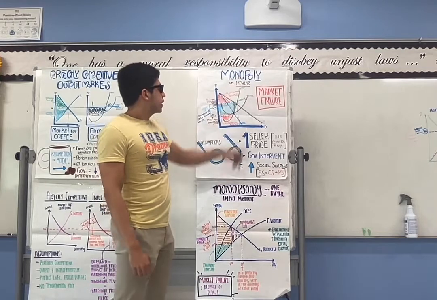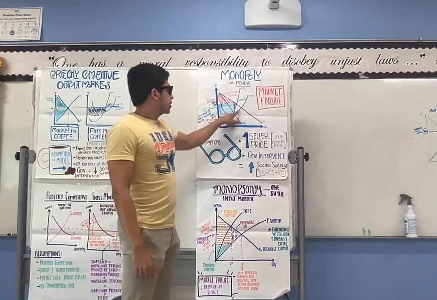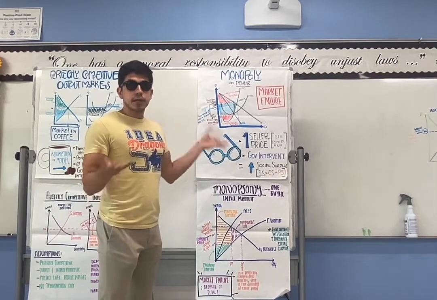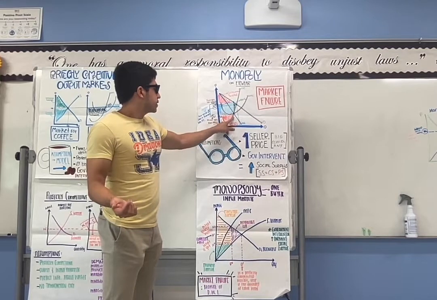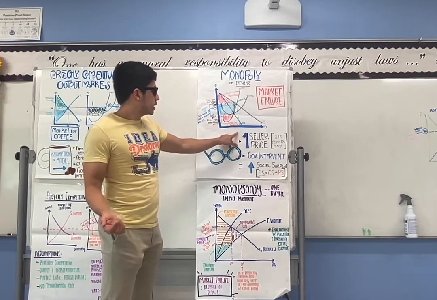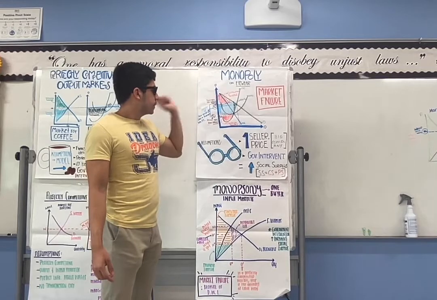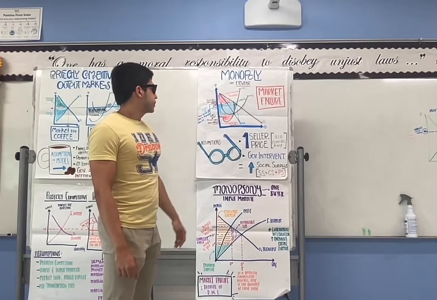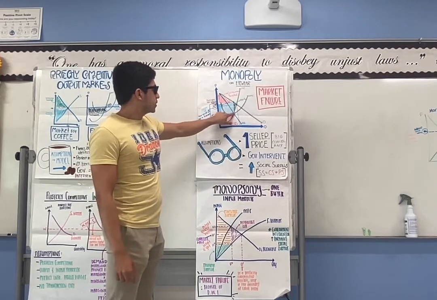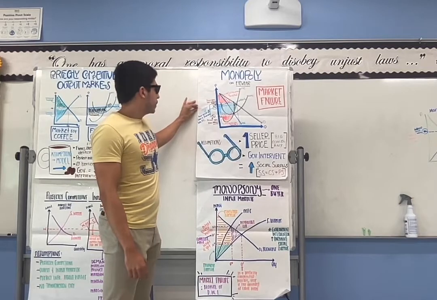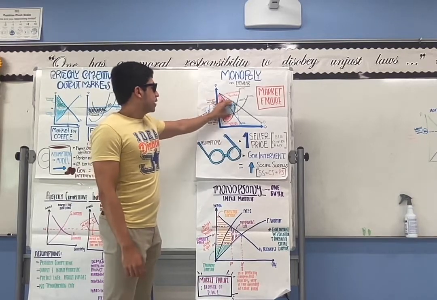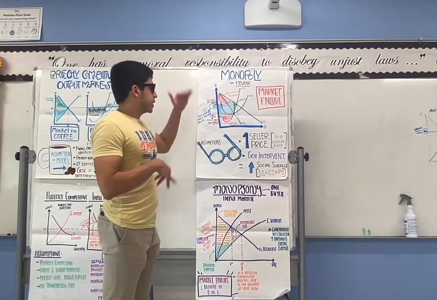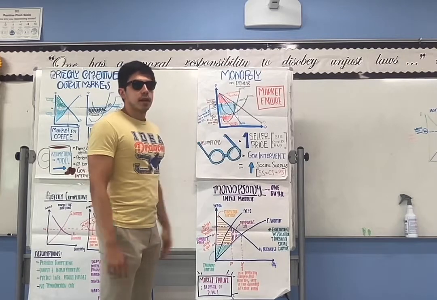Then we have a marginal cost curve that rises and intersects the ATC curve at the minimum point, and then the intersection of the marginal revenue and marginal cost curves is going to be the profit maximizing condition. From this intersection down, we get Q star, which is not labeled in this one, and from that intersection up, that's the actual price that the monopolist can charge. The distance between this intersection and the price is what is called a markup, which this lovely young lady labeled in blue. This markup is essentially the idea that a monopolist has a special power to charge a price greater than the cost to produce a good.